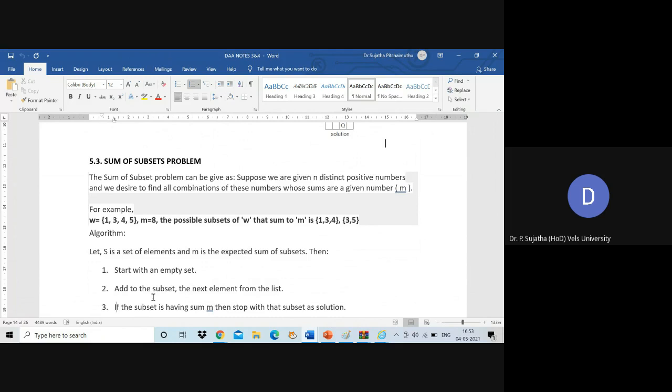Suppose you are taking 1, comma 4, comma 5 as the subset. So what is 1 plus 4, which is 5. 5 plus 5 is 10, which is not equal to 8. So you cannot take 1, comma 4, comma 5 as the subset. So from the given set, you have to take only the subsets whose summation will be equal to the given value, which is 8 in